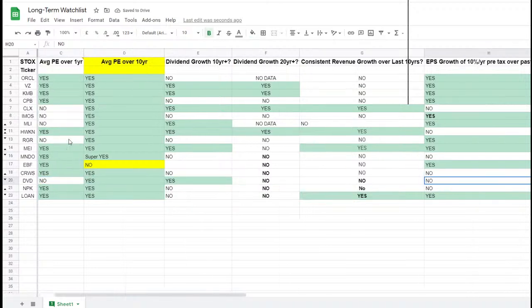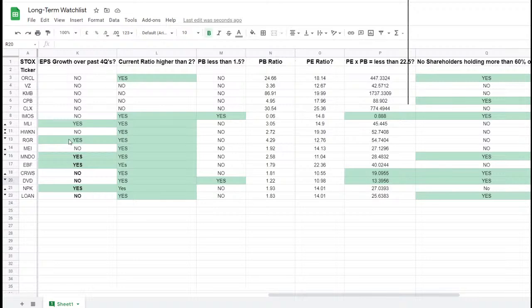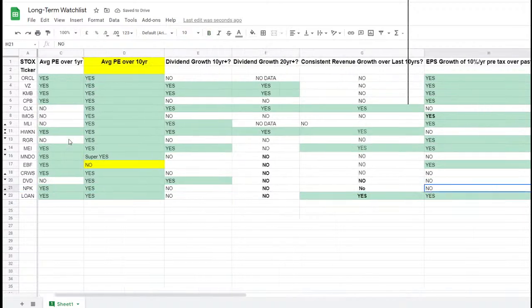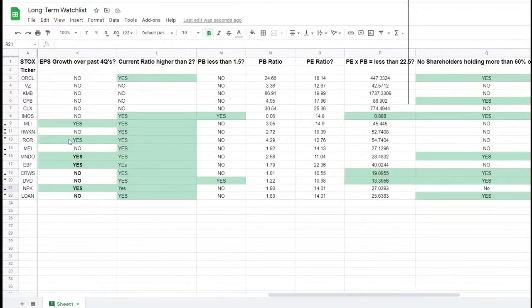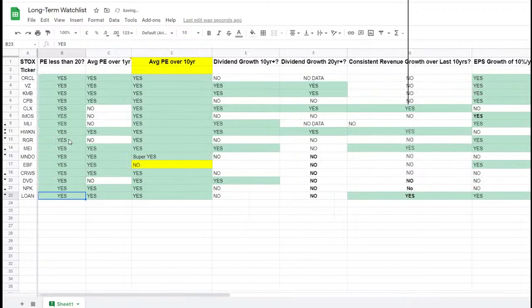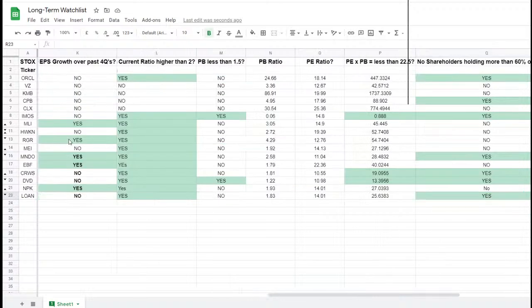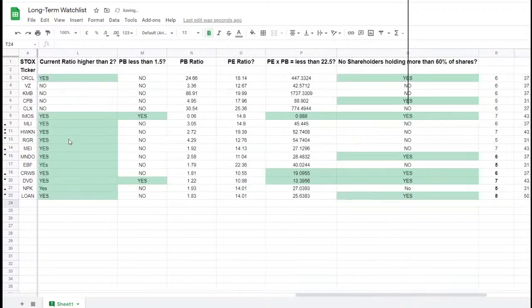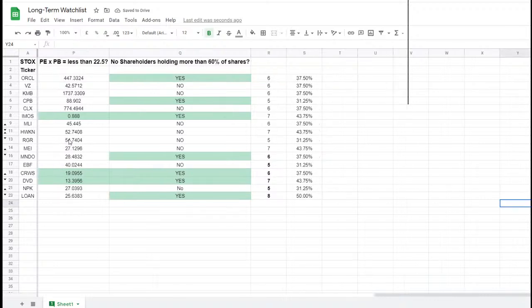DVD, 1, 2, 3, 4, 5, 6, 7. Okay. Solid. NPK, 1, 2, 3, 4, 5. Okay. And low. 1, 2, 3, 4, 5, 6, 7, 8. Ooh. Okay. Not bad. So now that we went through all of the different stocks that we had on the